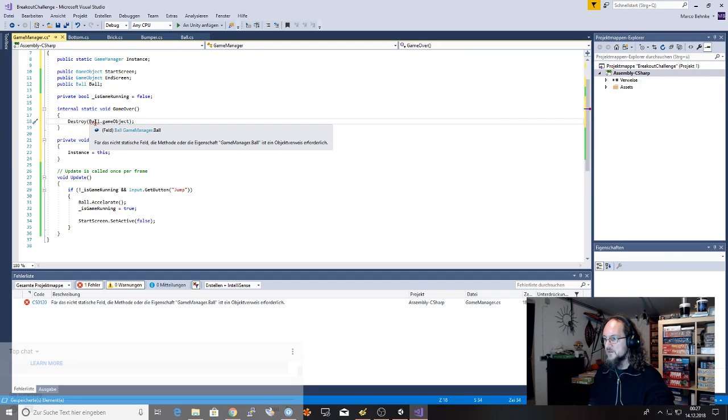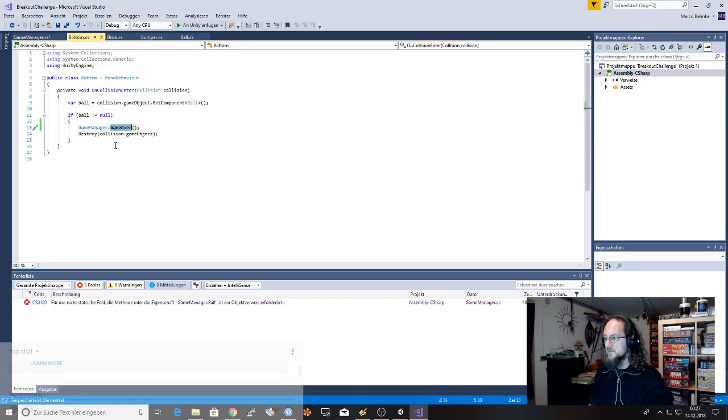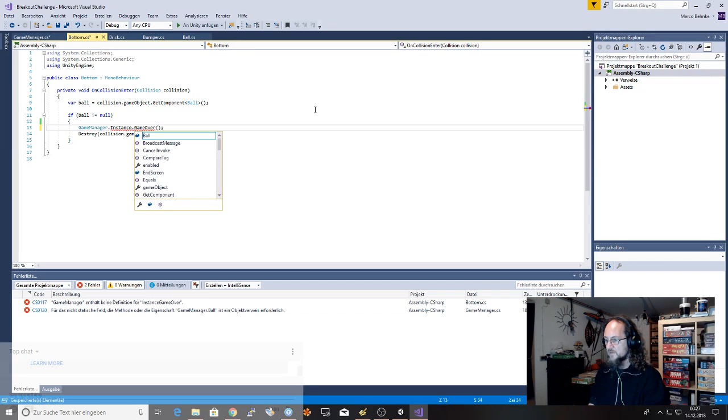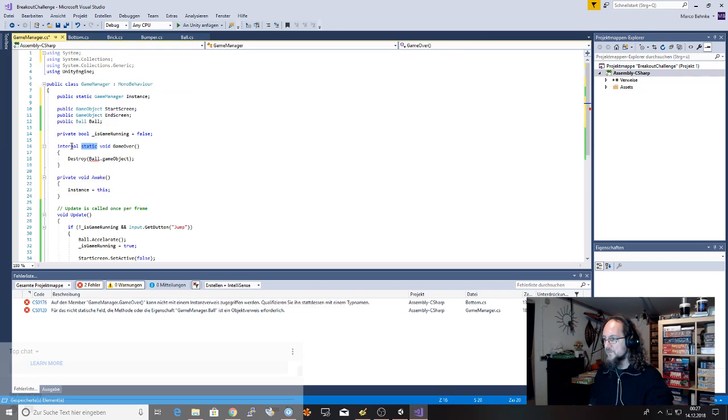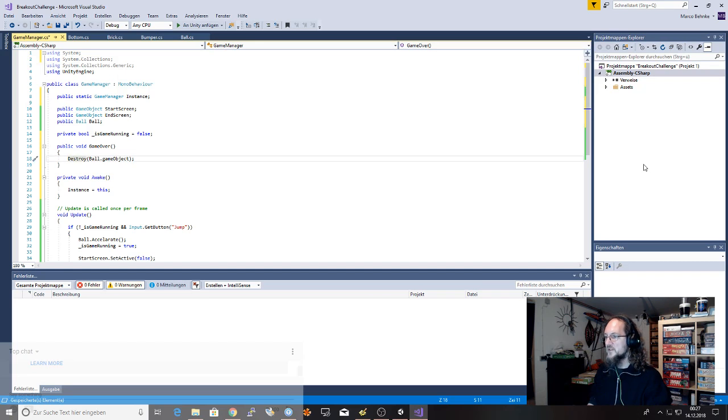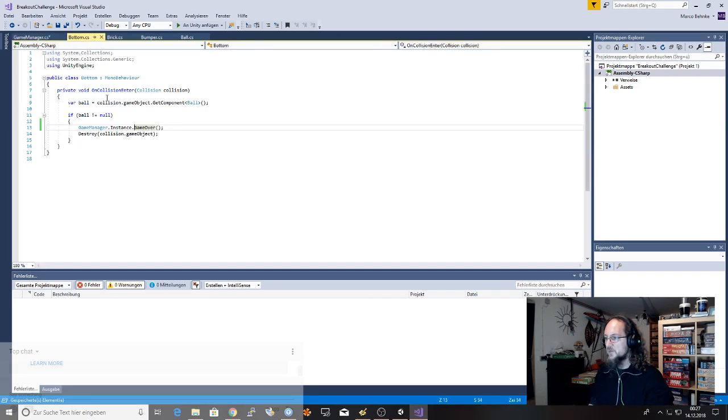What's this? We created a static method because we directly call it in the game manager. But now we're coming to the ugly part of singleton. You can easily mix these things up. So we want to have that public method, of course, a public normal method. So we destroy the ball. This is what we currently do at the bottom. So we can remove it from here,